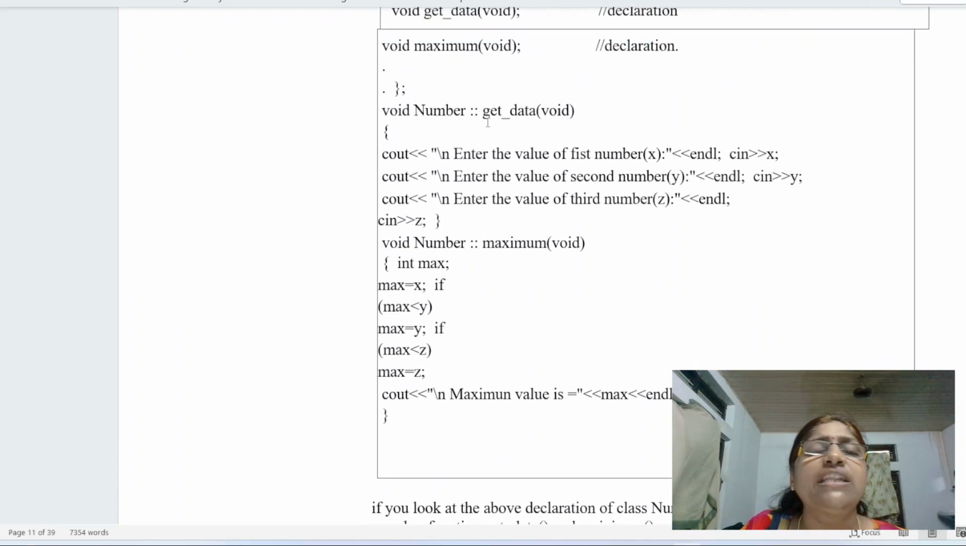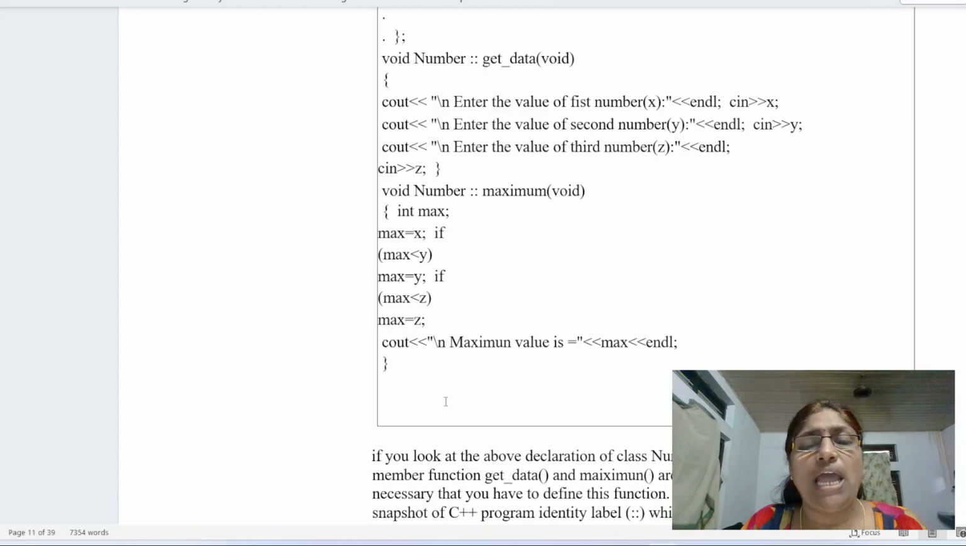void number::get_data() { cout << "Enter the value of first number" << endl; cin >> x; cout << "Enter the value of second number" << endl; cin >> y; cout << "Enter the value of third number" << endl; cin >> z; } void number::maximum() { int max = x; if (max < y) max = y; if (max < z) max = z; cout << "Maximum value" << max << endl; }